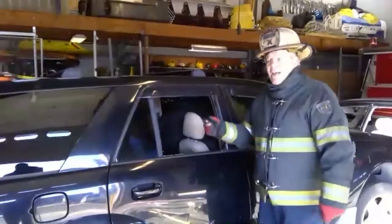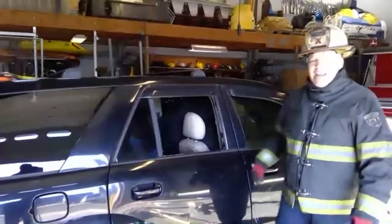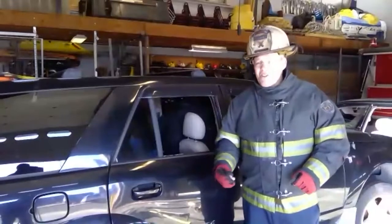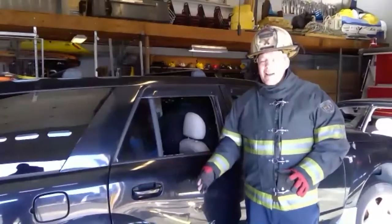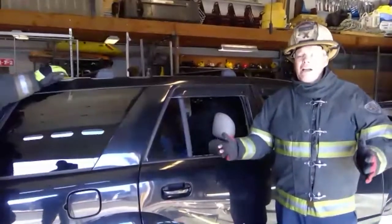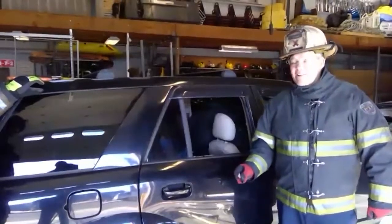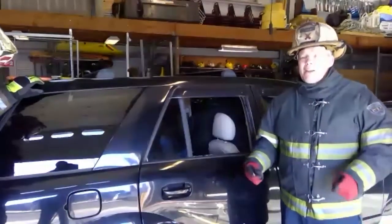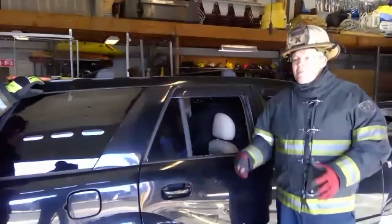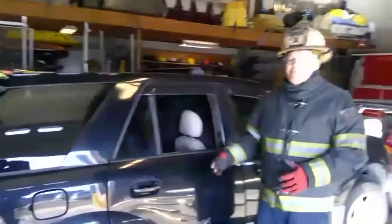Next, we need to go ahead and make the car safe. So we're going to go ahead and disconnect the battery. We're going to skip the disconnecting of the battery. It has already been made safe by our personnel that has staged the car for us. But we will force open the hood of the car and remove the negative battery. Before we do that, make sure all power doors are unlocked and windows are down. We remove the negative, and the reason we disconnect or de-energize the vehicle is because of the